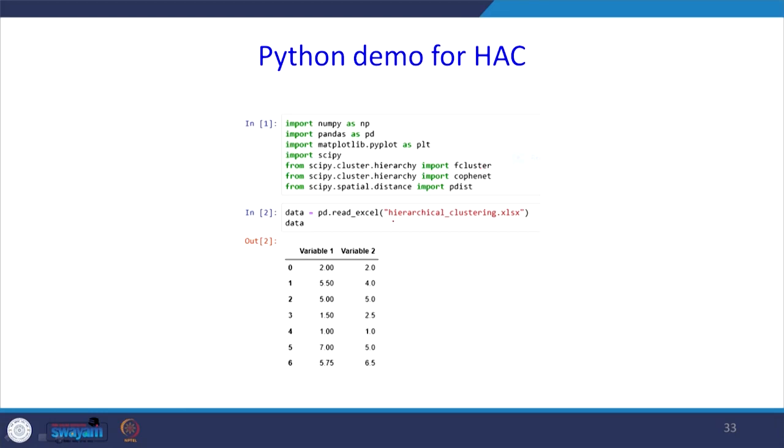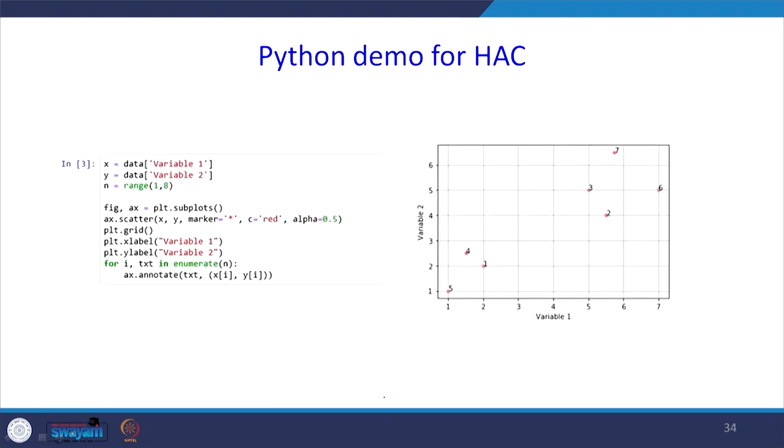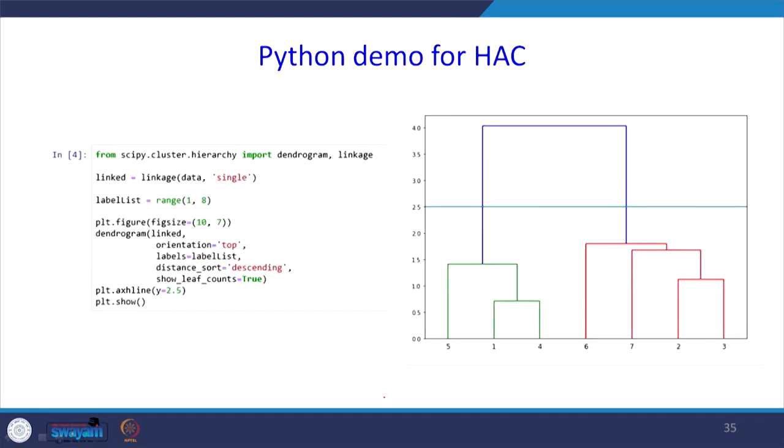So, I have data in hierarchical clustering. This was our data set. For this data set, we have plotted the 2-dimensional picture, in which all the objects are displayed. Now, when you run this command, from scipy.cluster.hierarchy import dendrogram, linkage, you will get this kind of pictures.